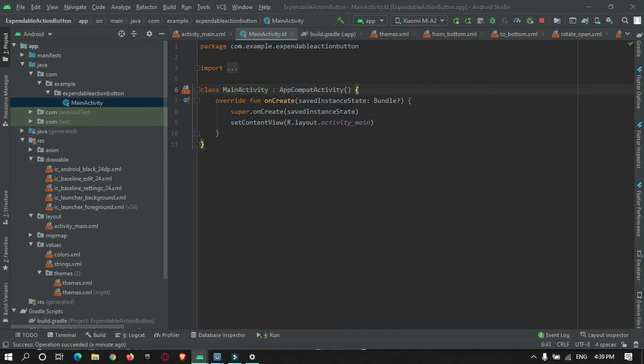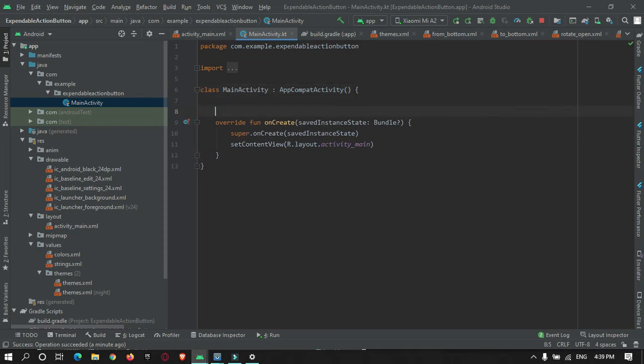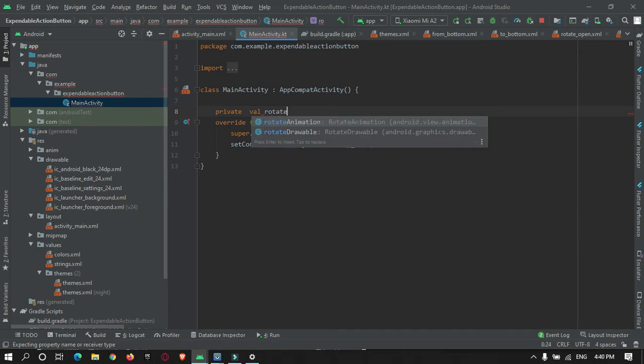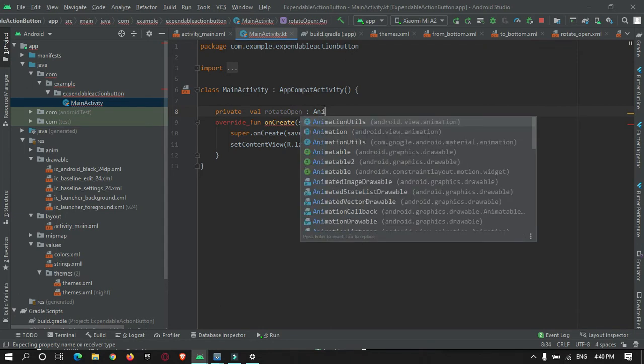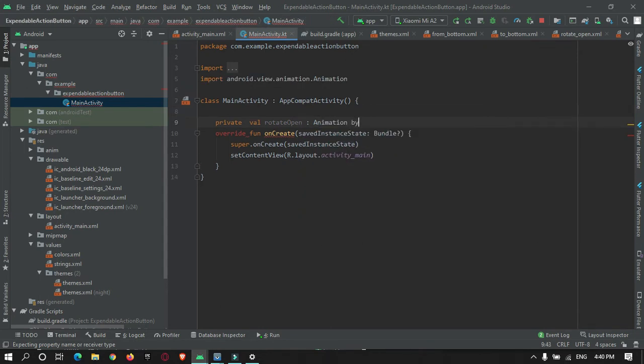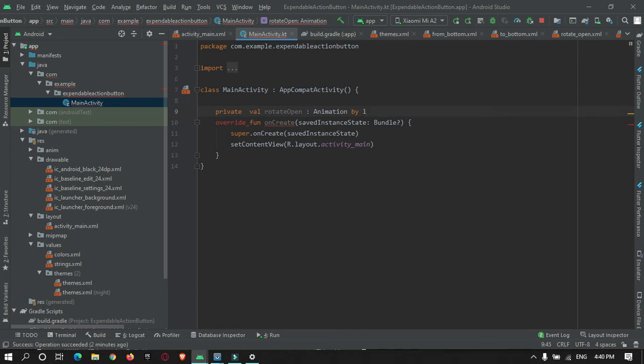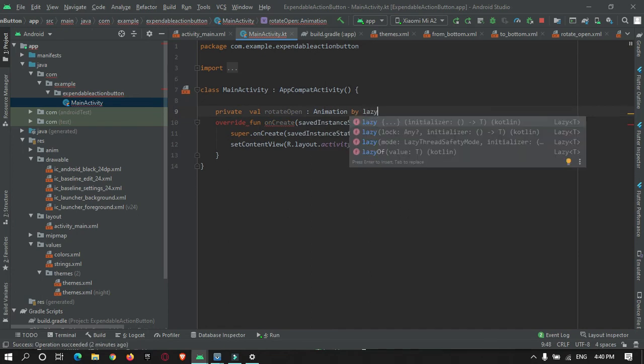In the Kotlin file, first of all we must create a variable for our animation effect: private val, give an object or variable name, rotate open is equal to animation by lazy.